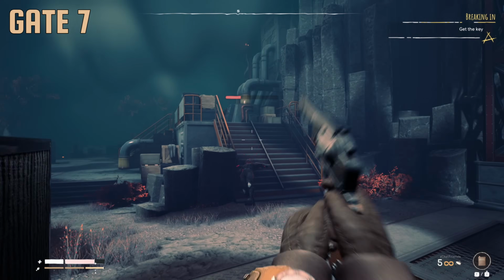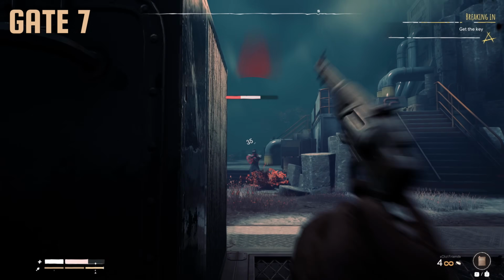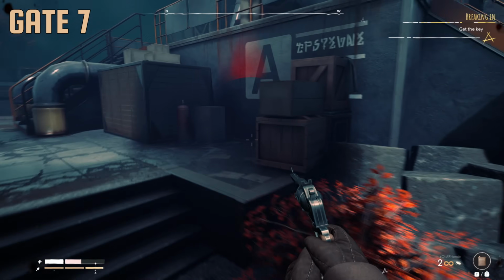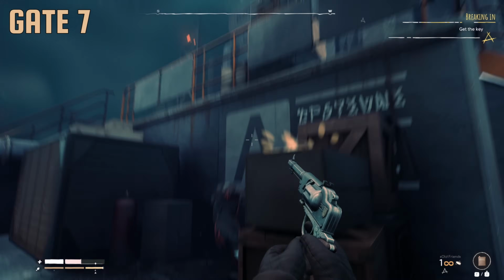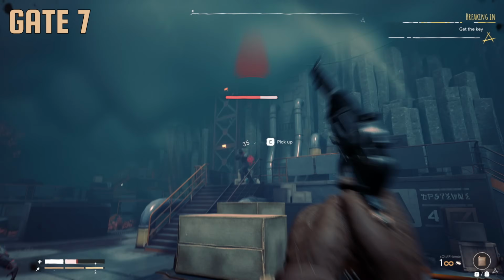Taking refuge behind a steel structure and then leaning out to open fire whenever he had the opportunity. With impatience growing thin, he rushed forward to engage at a closer distance. And then start hiding now, sir. Successfully dropping another goon and then opening fire on another one, and then after dropping him there was just one